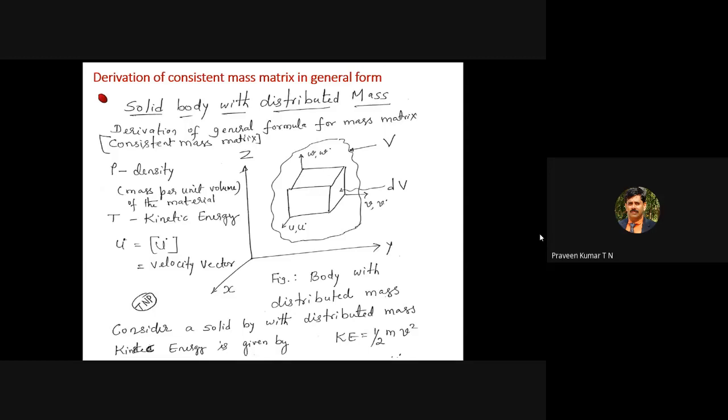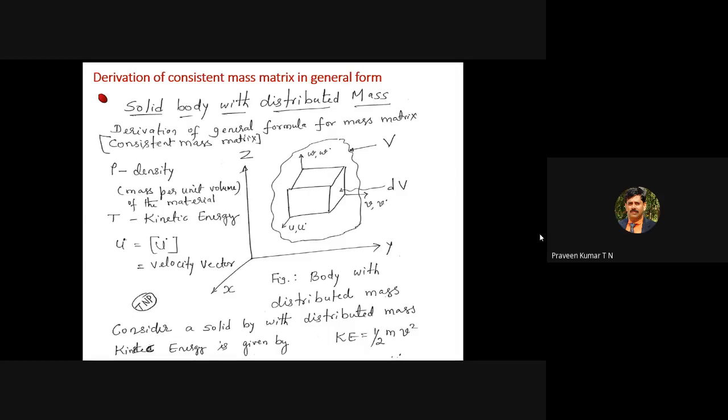So we have the regular resistive force because of the stiffness of the spring, normally referred to as Kx. Kx is the resistive force because of the spring stiffness. A simple example: if you try to push the spring in the downward direction, the spring will try to push you in the upward direction. That is nothing but the restoring force, because of the stiffness of the spring, it will try to push in the opposite direction. That is one force, for the static case.